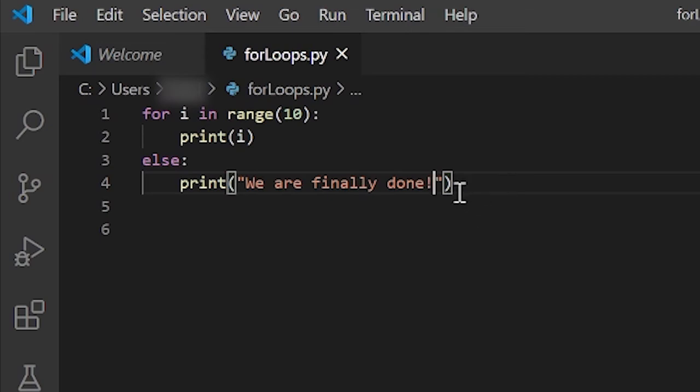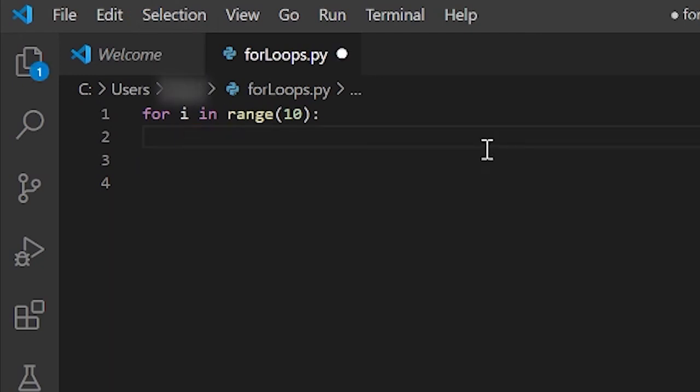Also, like if statements, you can nest a for loop. So we can do this. Let me just delete this. And now I'm going to create two lists. I'll call this list 1. And I'll set this to